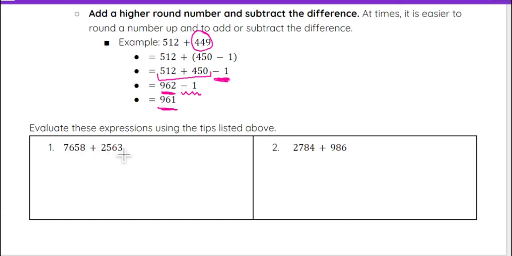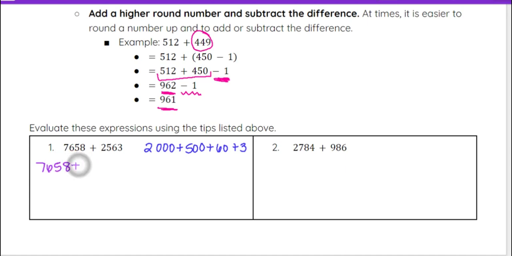7,658 plus 2,563. Let's look at this and use some of those tips up above. On this one, I'm going to go ahead and look at this 2,563 as 2,000 plus 500 plus 60 plus 3. So I'm going to break it down into its place value digits. And so really we're adding